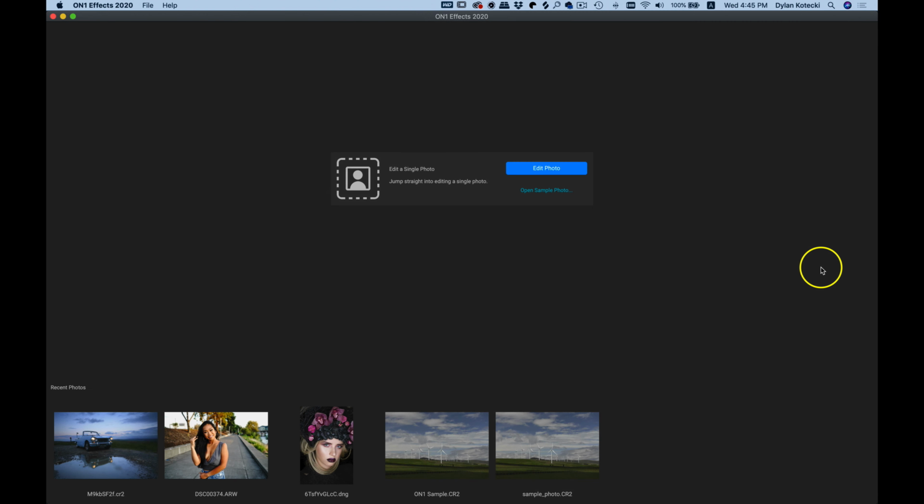In this video, we're going to use ON1 Effects as a standalone application. Whenever we open up ON1 Effects, we're met with this screen here. And this is just asking us which photo we want to take in and start applying filters to. If you're not sure which photo you want to modify or you're really new to photo editing, I'd recommend just clicking Open Sample Photo. That will open a raw sample image for you and you can start modifying it inside